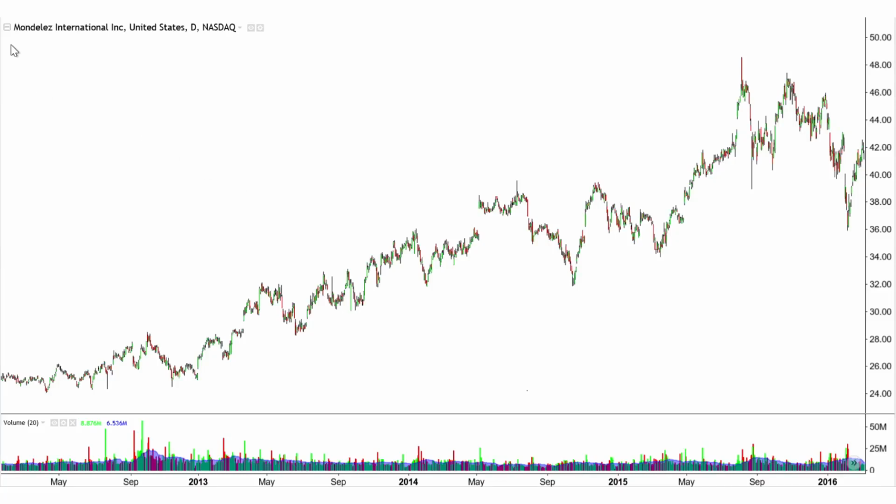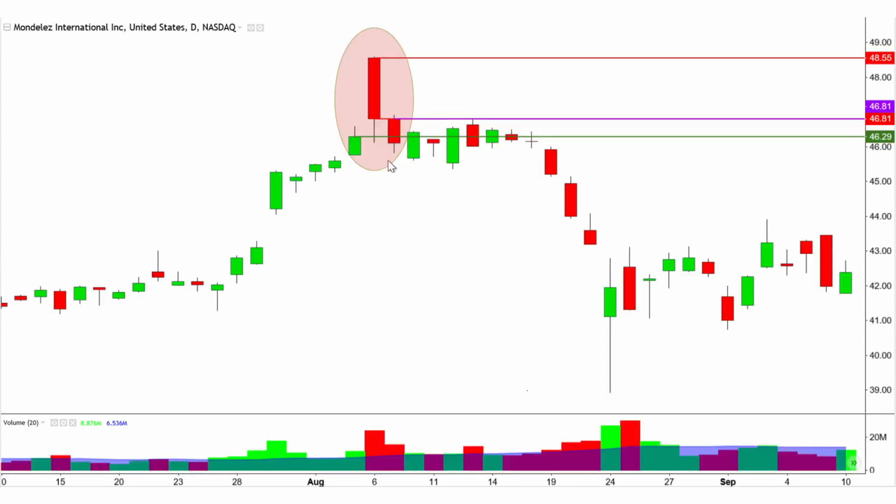This example of Mondelez's stock chart begins with a long-term uptrend that experiences a strong reversal stemming from a sharp peak. The peak is comprised of one large red candle that is certainly no hanging man or bearish star. However, it manages to demonstrate strong bearish sentiment, especially as it is significantly larger than the comparatively small bullish candles